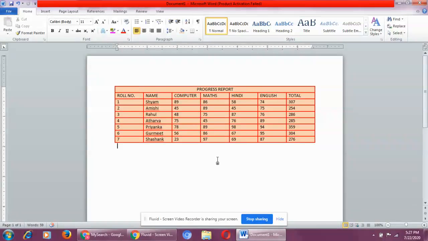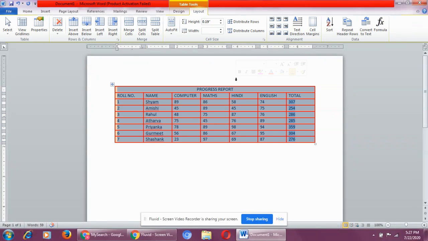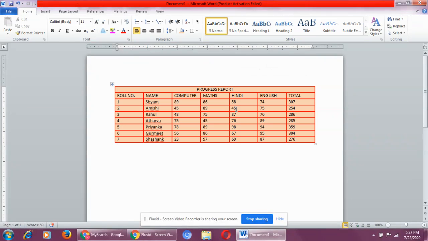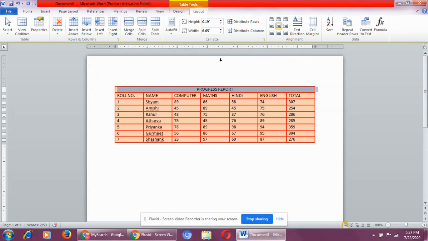Now, what does the second last bullet say? It says insert a column between the maths and Hindi column. Okay, insert a column between the maths and Hindi column by selecting the layout tab under the table tools and click on the insert left button. Now I have to add another cell, but I have already merged this one. So I'll do one thing first.